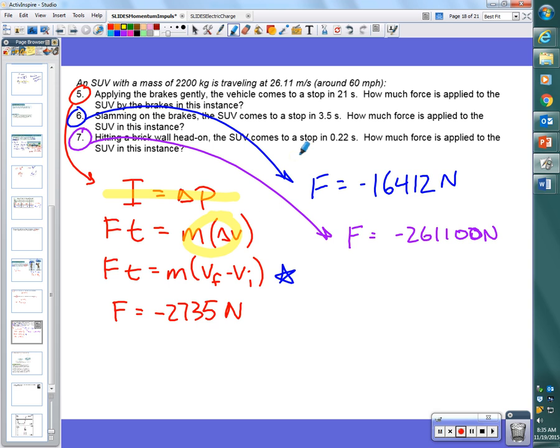It's the longest time, and that requires the smallest force. Number 7 is exactly the opposite, right? Shortest time, biggest force. What kind of relationship are we seeing here between force and time? Inverse relationship. But we will only see that inverse relationship if the momentum change is the same in each situation,